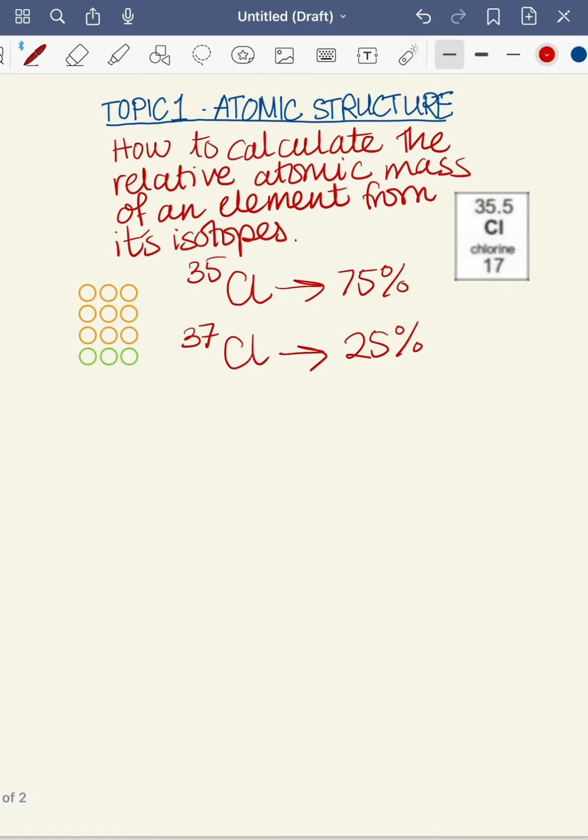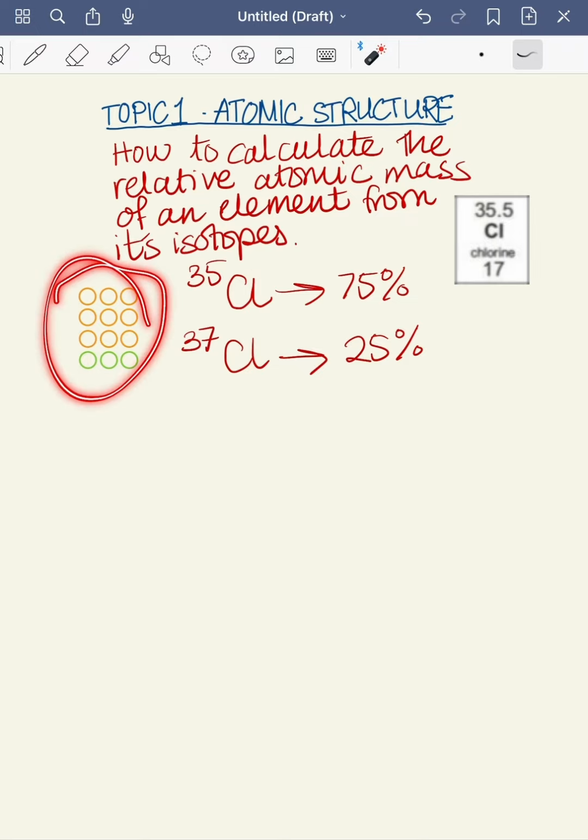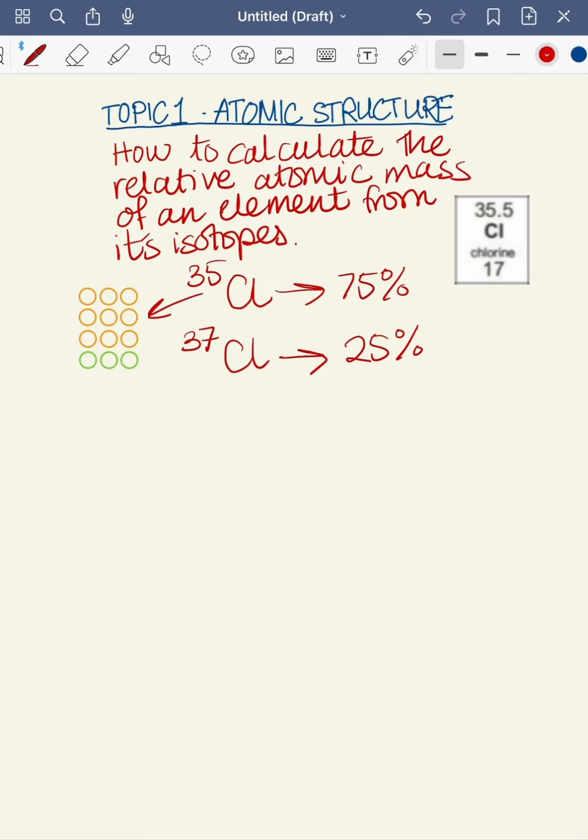These percentages are just the abundance of what these elements exist as in the atmosphere. For each isotope, for each element, it's a different percentage, but this is the correct one for chlorine. So just to simplify a little bit further, I've got 12 atoms of chlorine here, and what that means is if I had 12 atoms of chlorine according to these isotopic values, 9 of them would be chlorine 35 and 3 of them would be chlorine 37